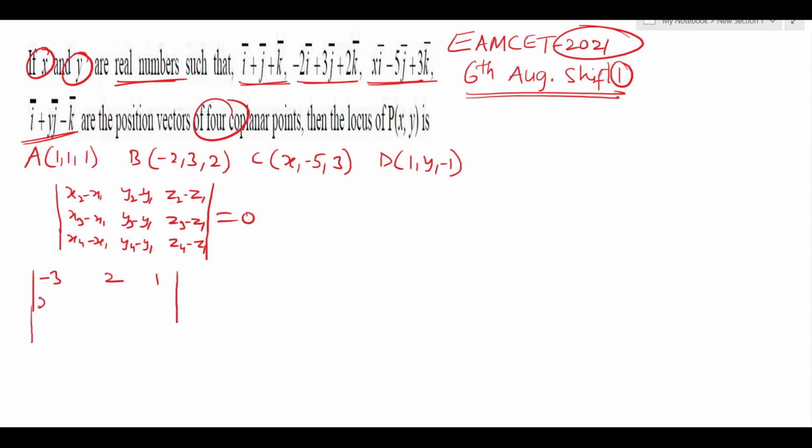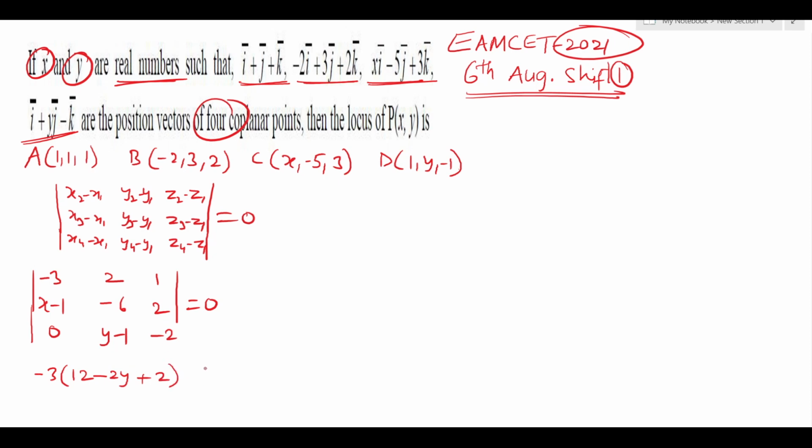Second one: x minus 1, minus 5, minus 1; minus 6, 3, minus 1; 2, and 1, minus 1, 0; y minus 1, minus 1, minus 1, minus 2 is equal to 0. So now find the determinant of this. This is minus 3 of 6 into 2 minus 6 into minus 2, this is 12, minus 2 into minus 1, that is 2y plus 2,